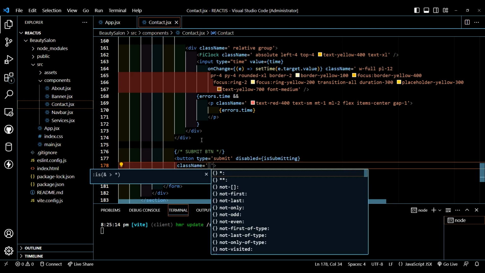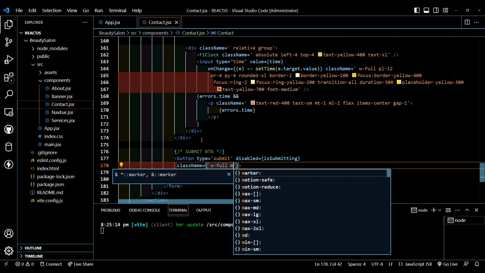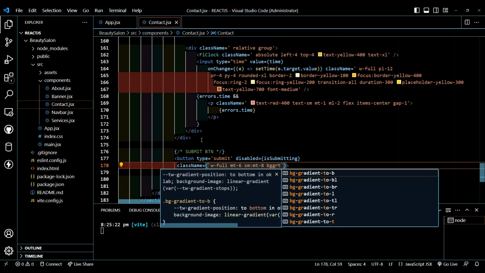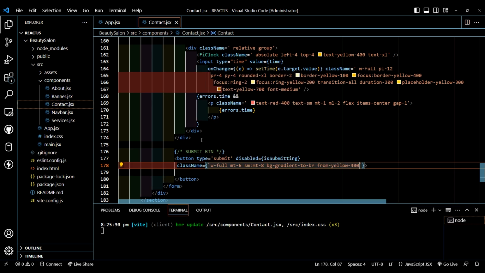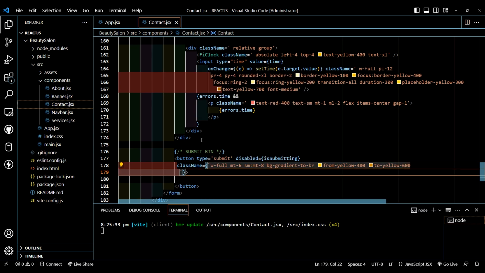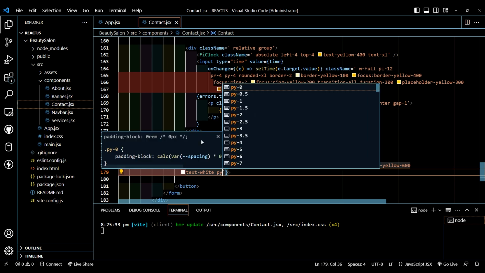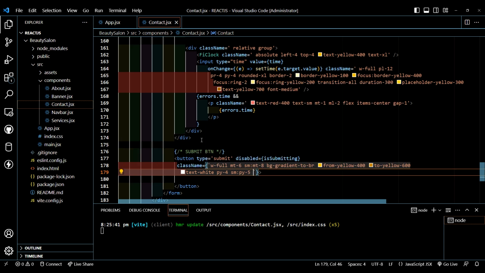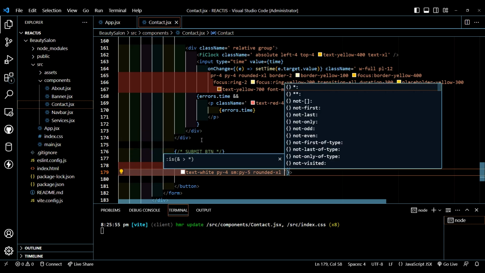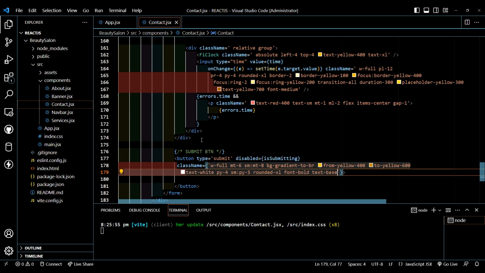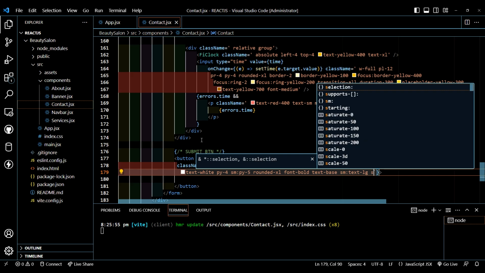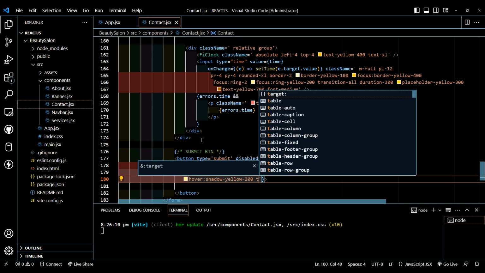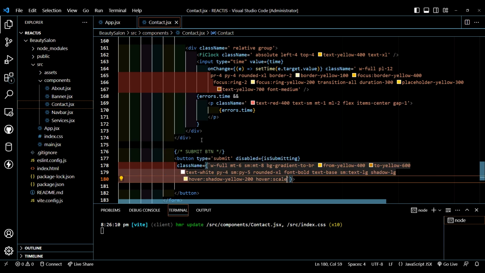Give class name, backtick, width will be full, margin top will be 6, for smaller screen margin top will be 8, BG gradient to BR, from yellow 400 to yellow 600, text will be white, padding from Y axis will be 4, for smaller screen padding from Y axis will be 5, rounded XL, font will be bold, text will be base, for smaller screen text will be large, shadow will be large, hover shadow yellow 200, hover scale 105, let's pass a value,